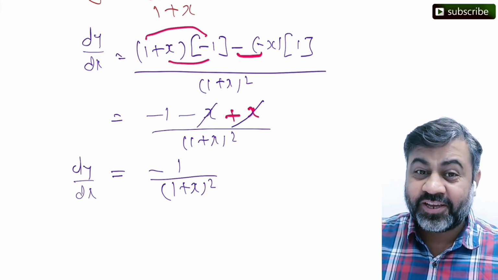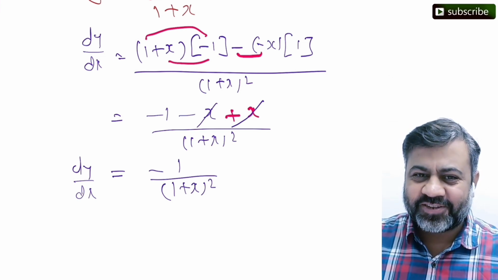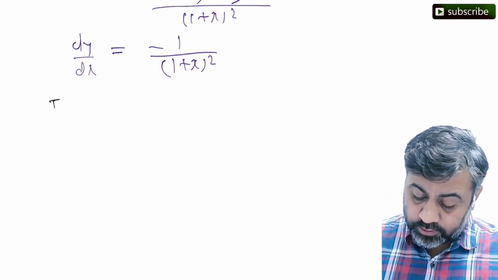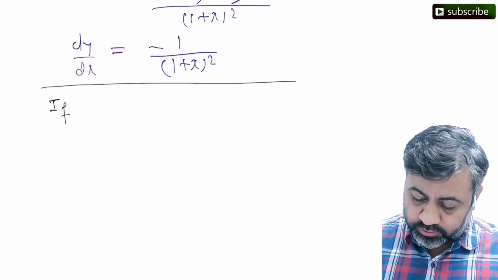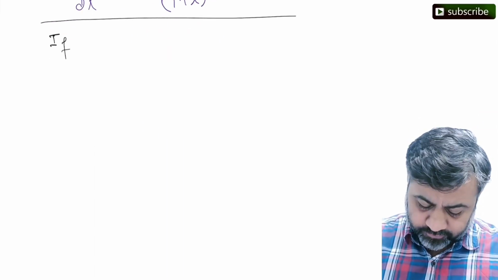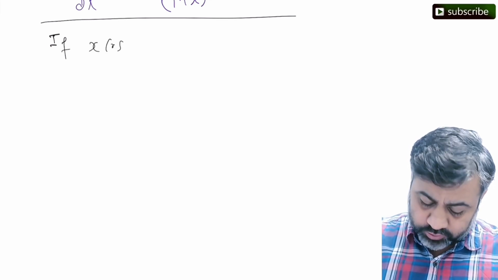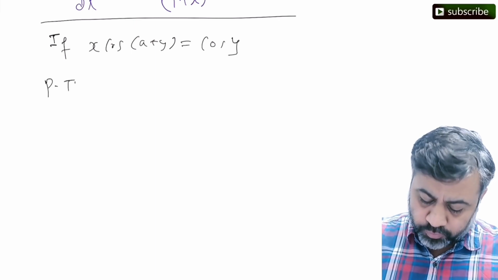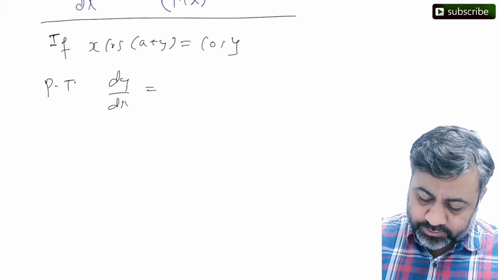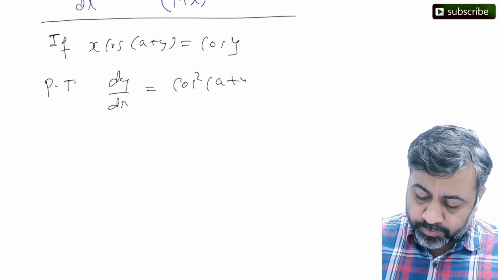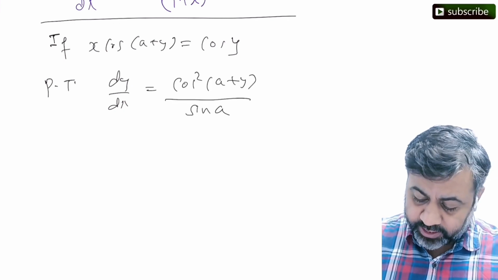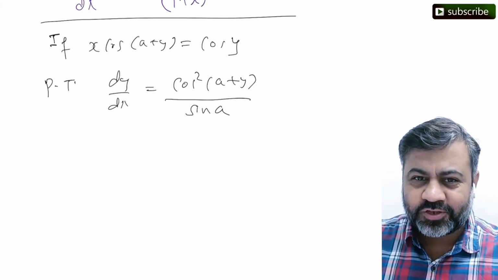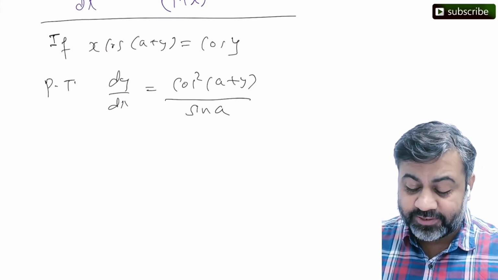Observe the next question. The next question is very interesting. Let me write down the question first for you. My question is, if we have x times cos of a plus y is equal to cos of y, we want to prove that dy by dx is cos square of a plus y, everything divided by sine of a. Now I want you to quickly observe this question very closely and realize that in this question we